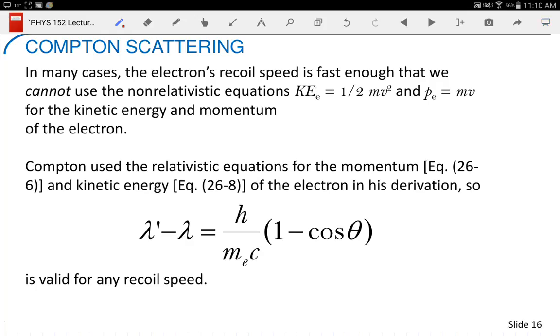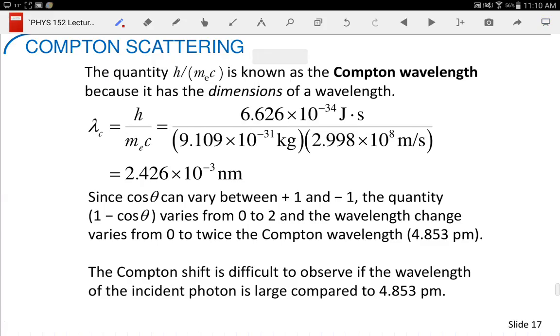So, yes, this is just saying he used the relativistic equations. I have a lot more slides because of the way I did it versus the way I laid it out. That value, Planck's constant divided by mass of electron and speed of light, because it occurs pretty much every time you do a Compton scattering problem, we give it a name. We calculate its value. So it's called the Compton wavelength, clearly named after Arthur Holly Compton. And we can just put in the values for Planck's constant, the mass of an electron, the speed of light in vacuum, and we find that it has the Compton wavelength 2.426 times 10 to the minus third nanometers,